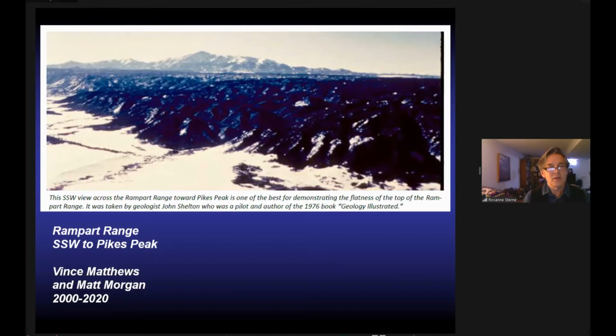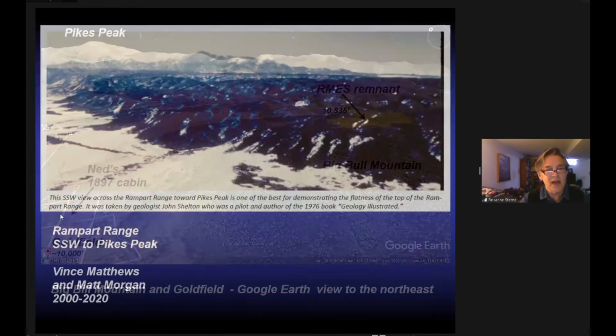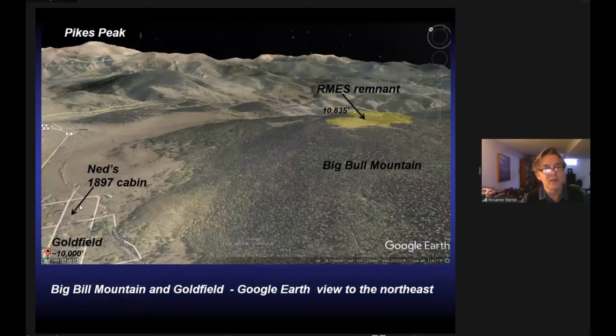And then some of you have been to my little cabin up in Goldfield. So we're on the west side of Pikes Peak over by Victor and Cripple Creek. And the guy who sold me the house owns all this land up on Big Bull Mountain. So I like to go hike up there. And very typically of a lot of these remnants of the Rocky Mountain Erosion Surface, you climb and climb and climb up a mountain. Suddenly you crest in this landscape, or a remnant of a landscape that's quite flat and